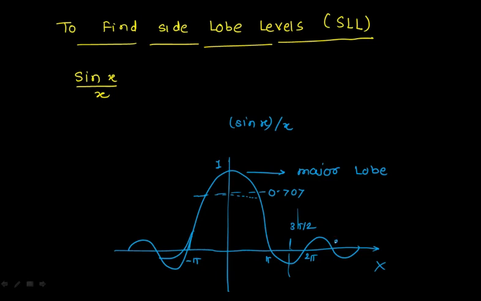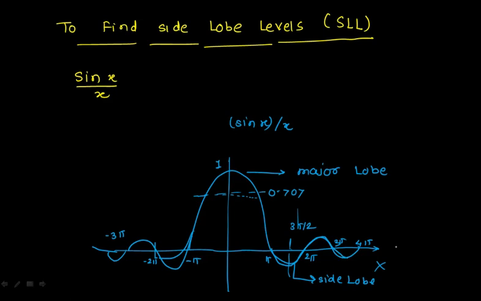ठीक है, this is 2 pi, this will be 3 pi, 4 pi and so on. This is pi minus 2 pi, है ना, minus 3 pi. ठीक है, whatever you are observing other than this major lobe will be called the side lobe. So this is the side lobe. This is also a side lobe. So I can say this is my first side lobe, this is my second side lobe, this is my third side lobe, and so on.